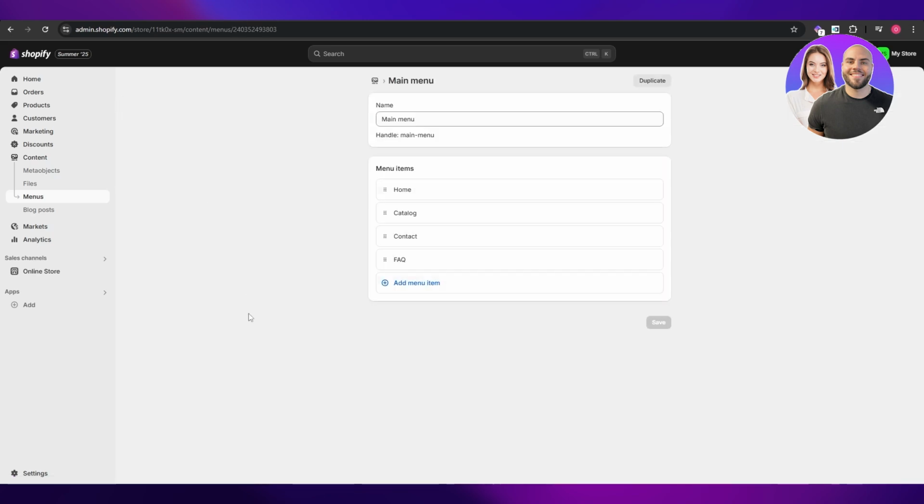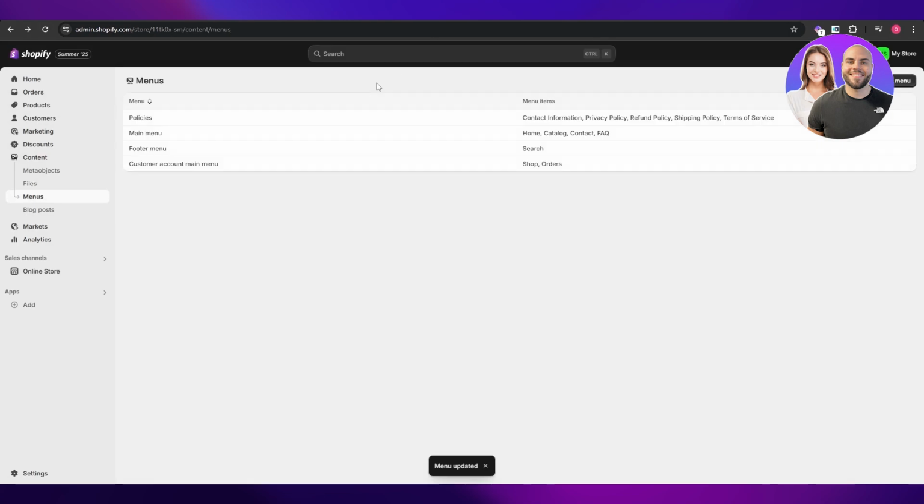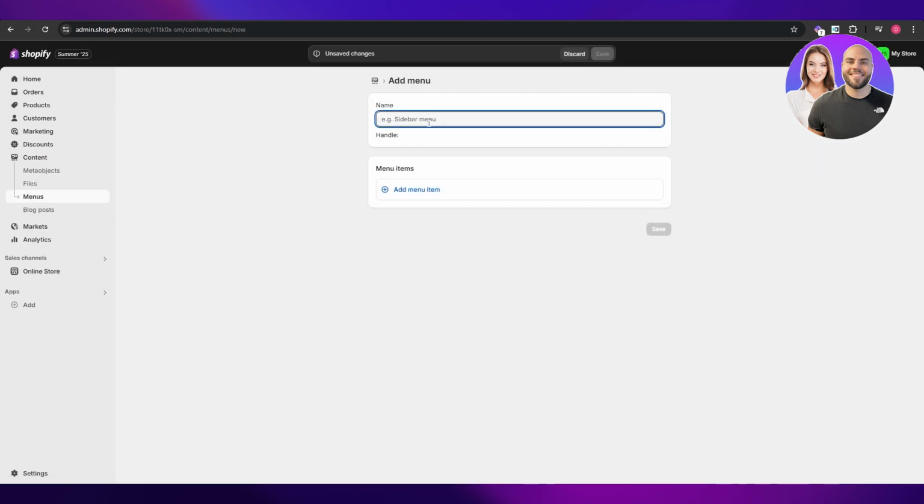So we're going to click on main menu, and here I'm going to change the name to shop, and here we have all of our items, right? So this is the home section. I'll just get rid of that. You can go ahead and add it if you want. And actually what we'll do is we'll discard it and we'll delete the catalog. We'll keep the others, right? Go back to the menu section, and here click on create new menu,